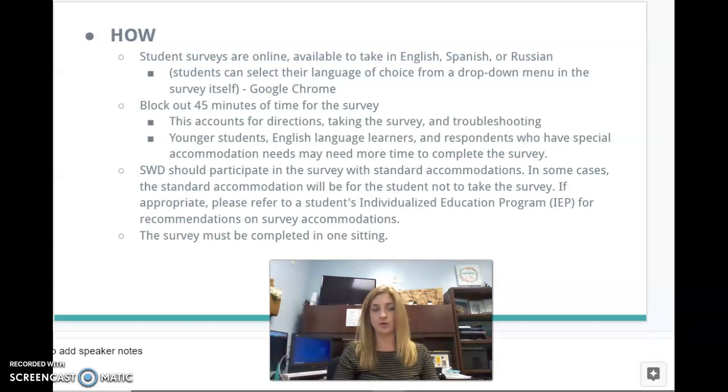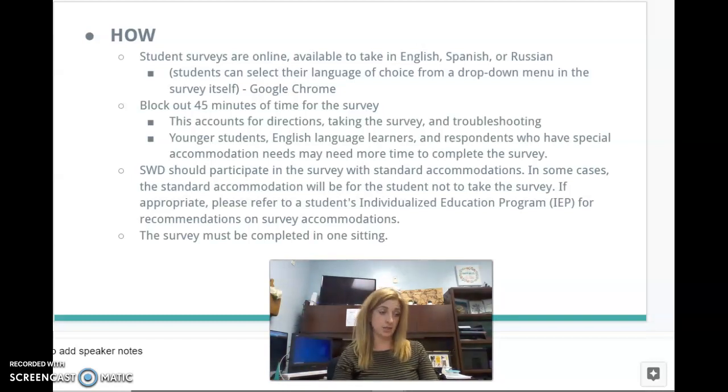Consider allowing them to wear headphones to remove distractions. Always a good idea, especially if they're using that speech to text, text to speech, which a lot of them should be, especially our third graders. And then as students complete the survey, again, make sure they have something else that they can do without distracting the other ones. And again, I wouldn't make it too exciting so that they're trying to run to it.